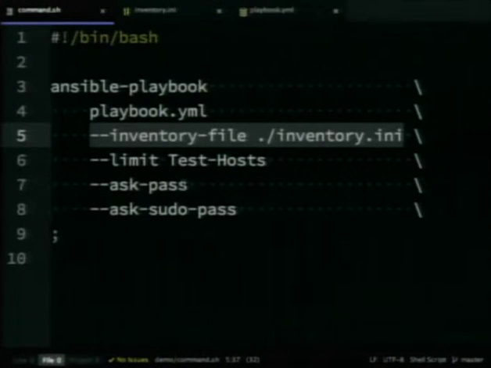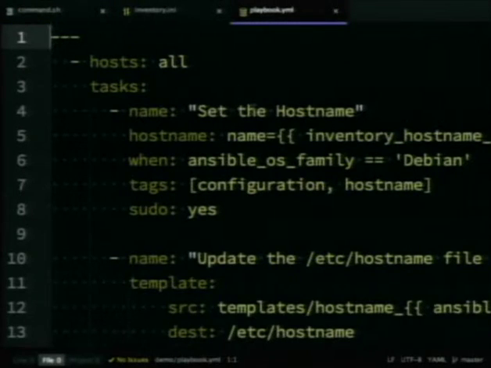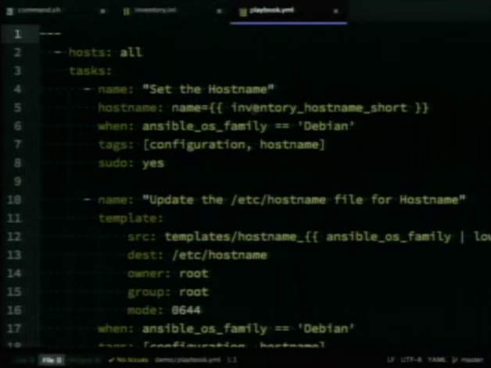Going back to the command, the next file we'll look at is the playbook. So we've covered the inventory of what machines we're working on. Let's take a look at what we're trying to do to them. I do have to crank down the font a little bit on this. However, we'll just kind of hit the highlights. And again, if you want to see these slides or this demo, it is included on GitHub. So you can go take a look, tinker around with it, see what you think of it.